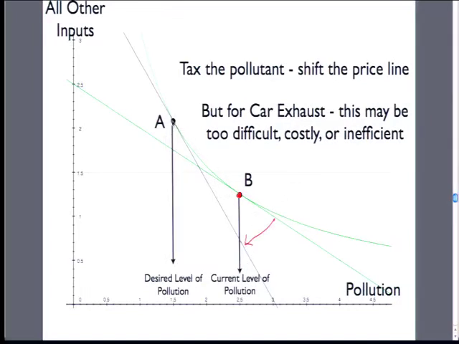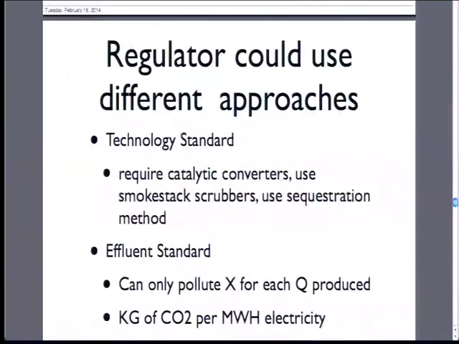We need to pay for acid rain in lakes. We need to pay for the clean water in Los Angeles. We're going to make pollution cost more so we get our price ratios different and we get a lower level of pollution. But this can be really hard sometimes in groundwater pollution or car exhaust. It can be really difficult to price the pollution itself. We can't actually find each emitter of each car and track them and say how much each person is emitting. So there's a different